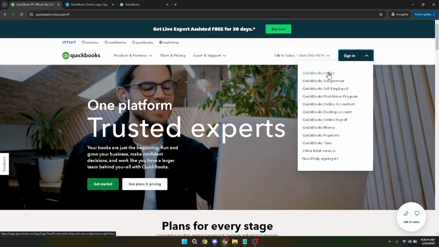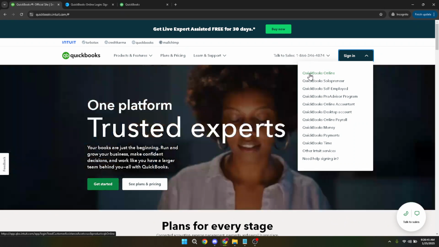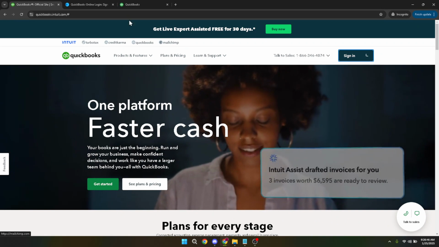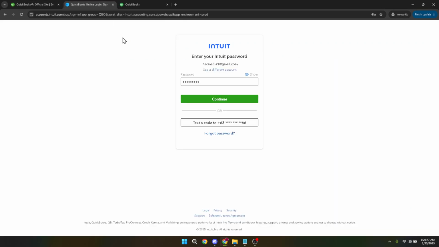After selecting QuickBooks Online, you'll see the login screen where you'll need to enter your credentials. These include your username or email and your password. This step is pretty straightforward, but it's important to ensure you're entering your details correctly to avoid being locked out of your account. If you happen to forget your credentials, you'll find options on this page to reset your password, so don't worry. It's always a good idea to store your login details securely to prevent such hiccups in the